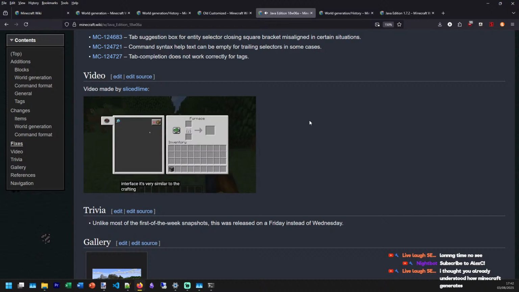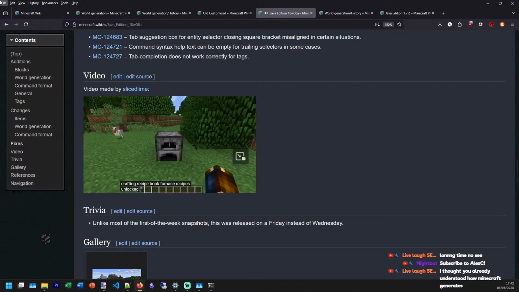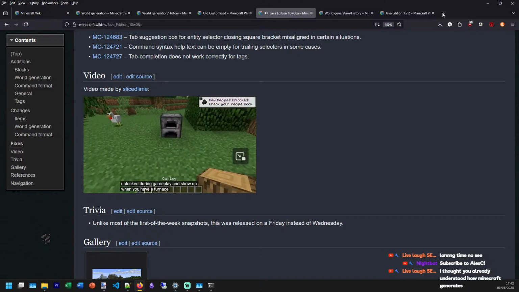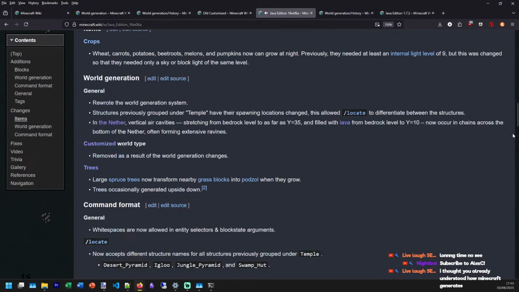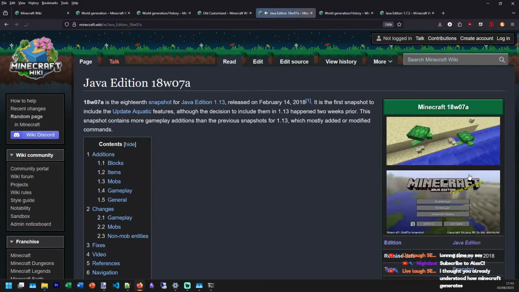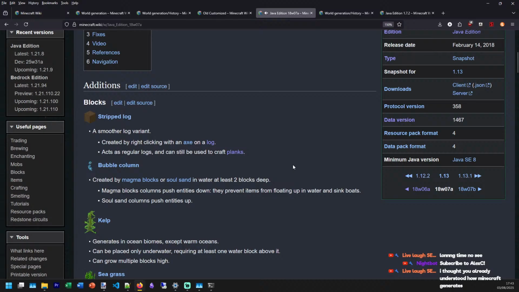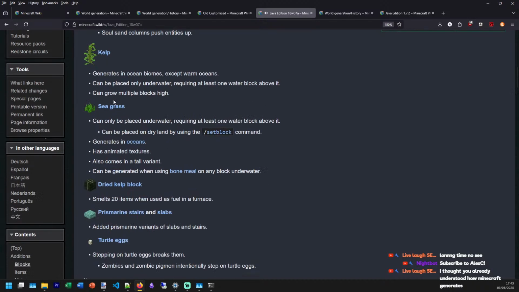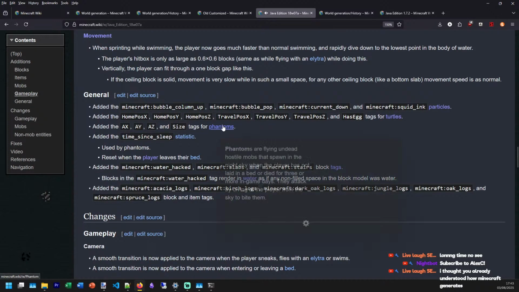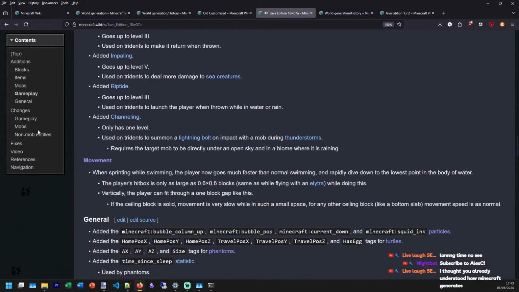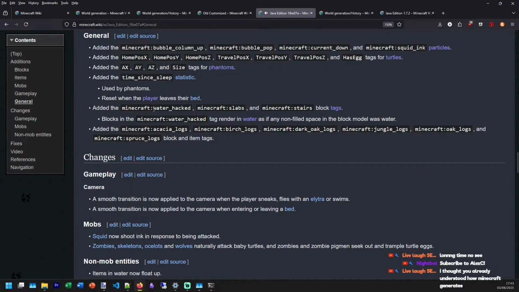It took them that long to add a furnace recipe book. So all that stuff about the Emerald generation, to the side. Water hacked, huh?